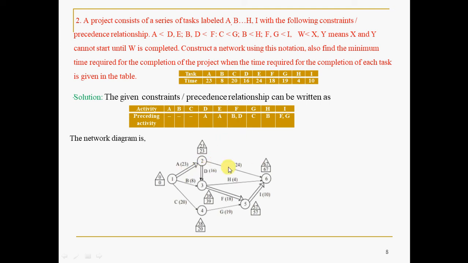And one important thing to make the network compact. My advice here is that B, D should be terminated with a common node. Then you can make the network compact. Even without this you can do it, but then you have to use the dummies. So as per the guidelines given in the network errors, you try to minimize the dummy arrows, as discussed. Hence, to avoid the dummy activities, the suggestion is: if there are two predecessor activities like this, you try to terminate these two predecessor activities with a common node. Hence, you need not use the dummy.